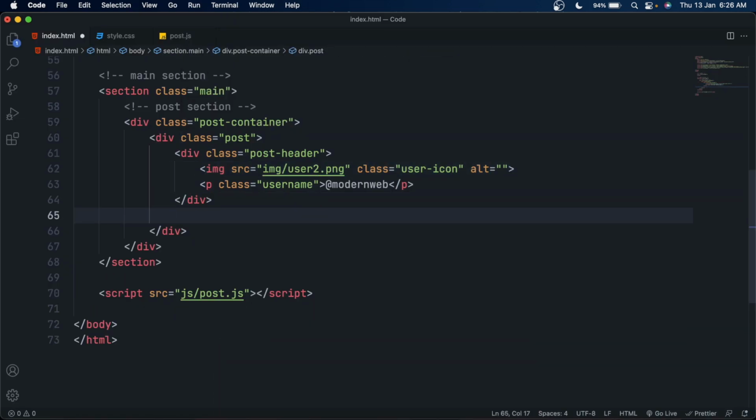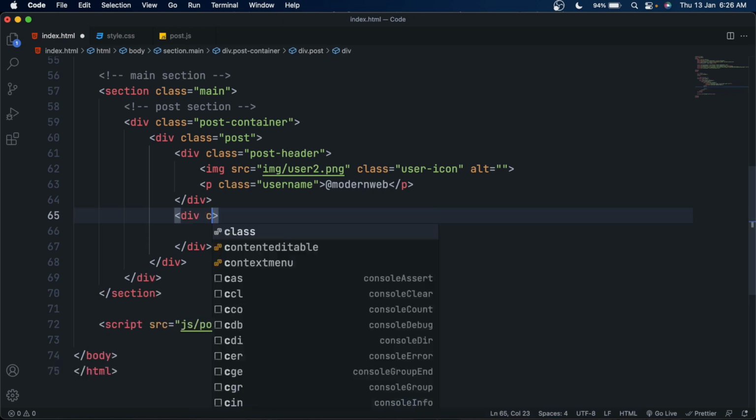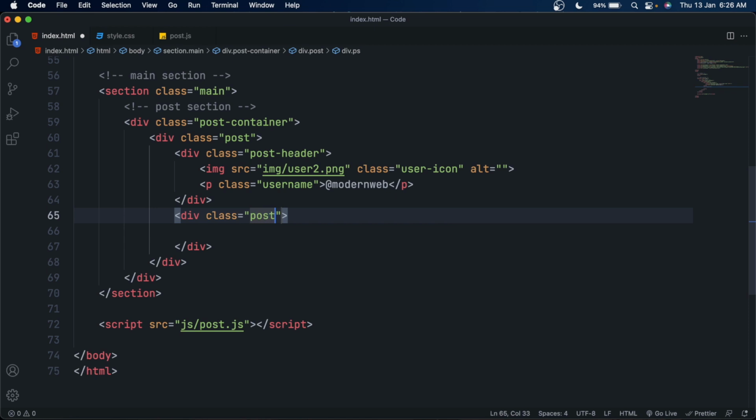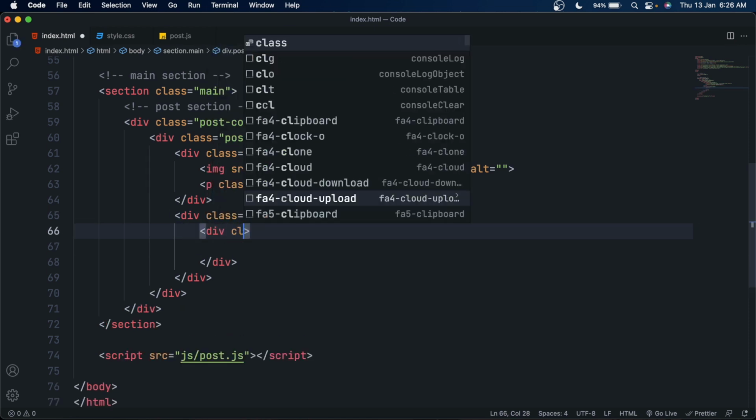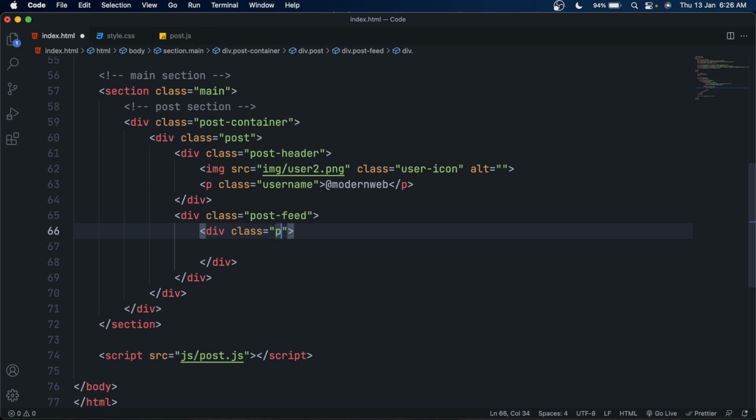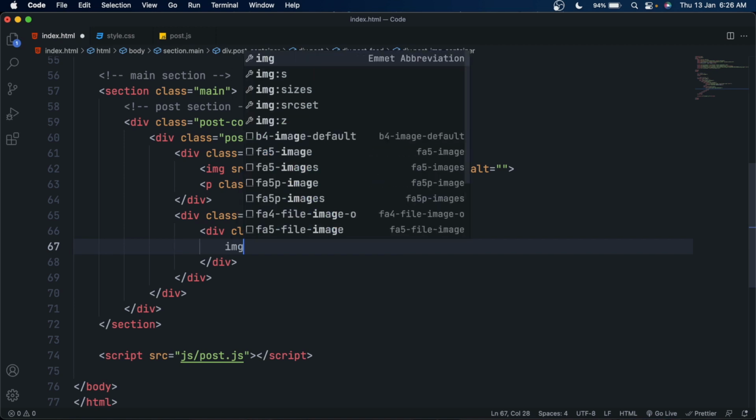For that, after this post header, make a div and give it a class post feed. Post feed will be the container of our post image and the post activity overlay. We'll create the activity overlay later when we write JS, but for now we just need a div with the class of post image container.